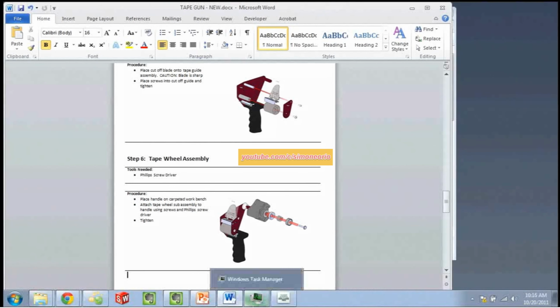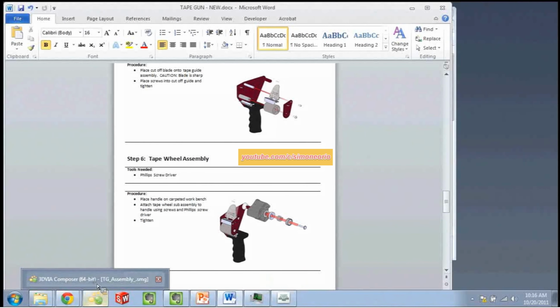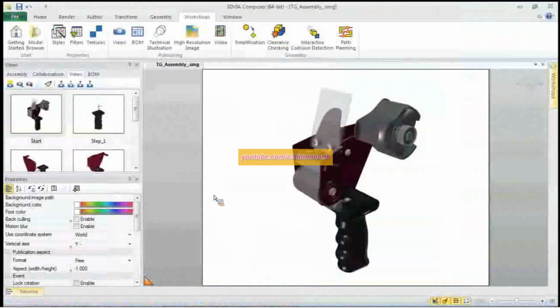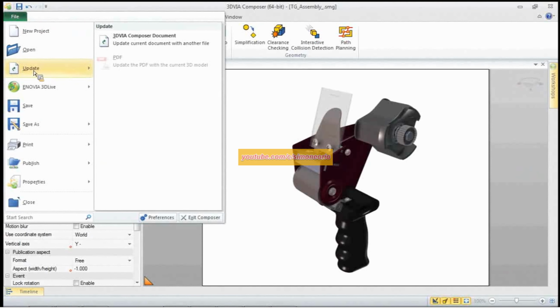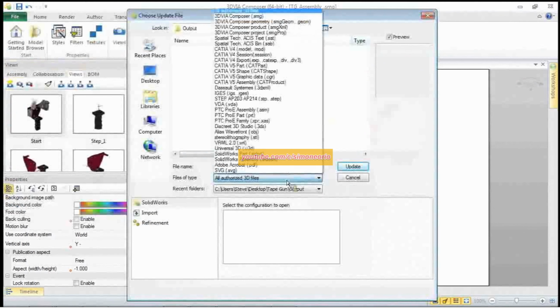So if you think about this, let's go back into Composer, and let's say that engineering finalizes the design. We get maybe an email saying, hey, the design's done. We're going to get ready to move on this. What we have the ability to do now is just say, okay, that's great. Let's go out and find the SolidWorks assembly